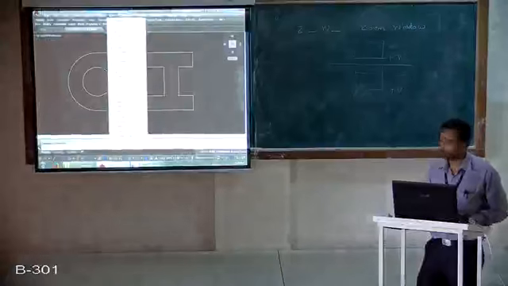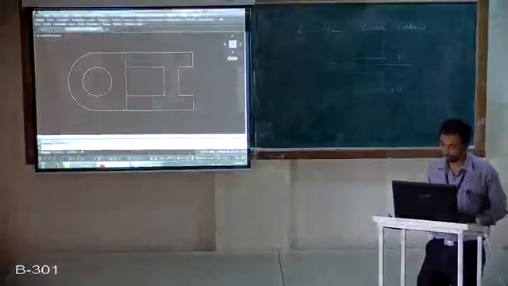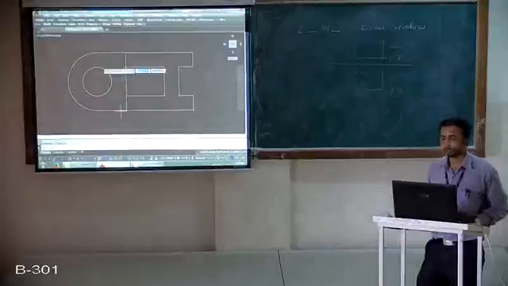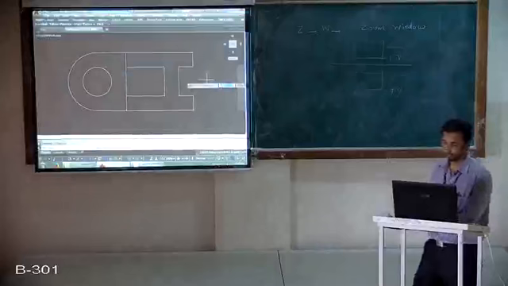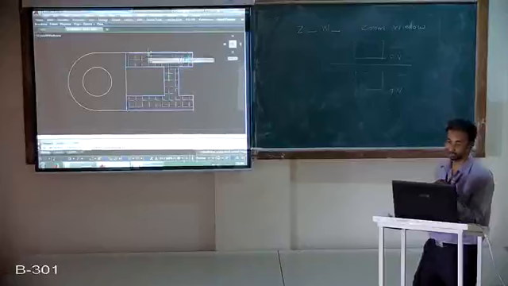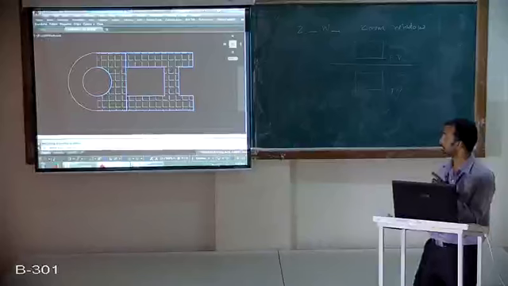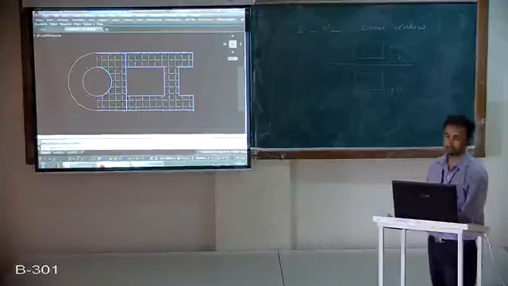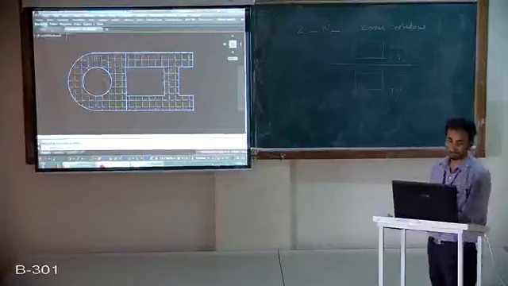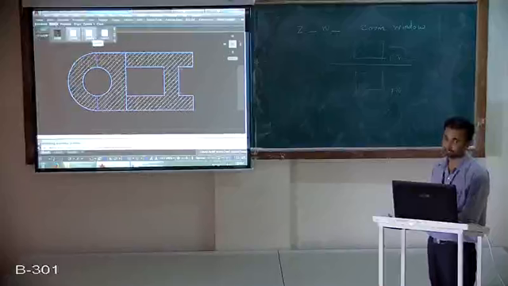One is this one and this one. Now here this center line splits this entire section. So you have to click on both sides of the center line to specify the sectional area. Now here you can see the pattern. In that, select the ANSI 31, it is ANSI 31 pattern. Then in properties, click on 2 for the scale. One second, pattern is changed. Yeah, ANSI 31.